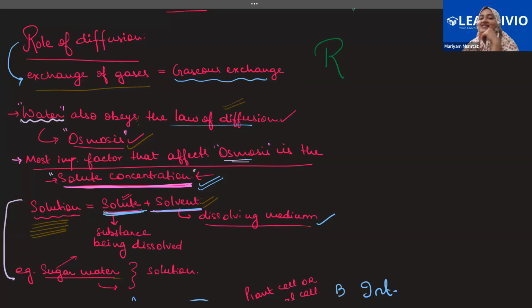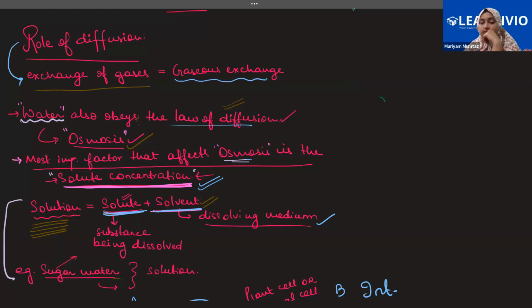Ribosome. Yes, ribosome. Ribosome is responsible for protein synthesis. That is why for RER, the rough endoplasmic reticulum, they have ribosomes present on it. That is why they look rough and they do protein synthesis. Okay. Now, who can explain hypertonic solution to me and what happens to a cell in a